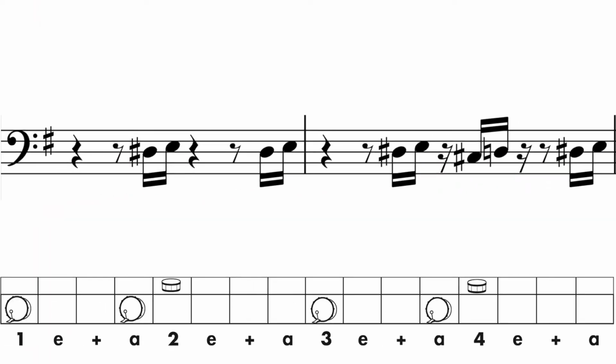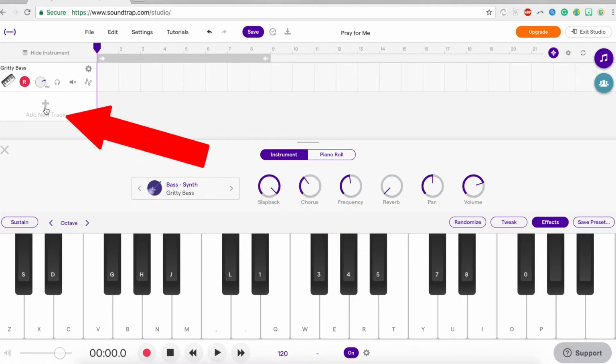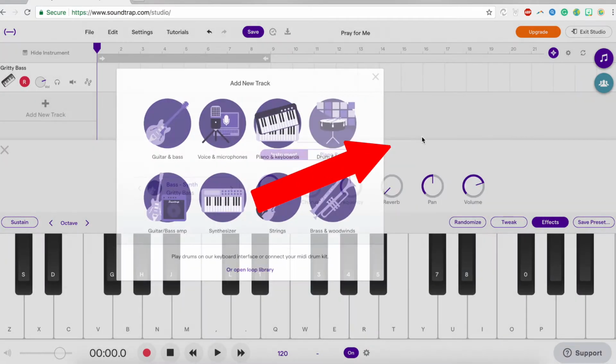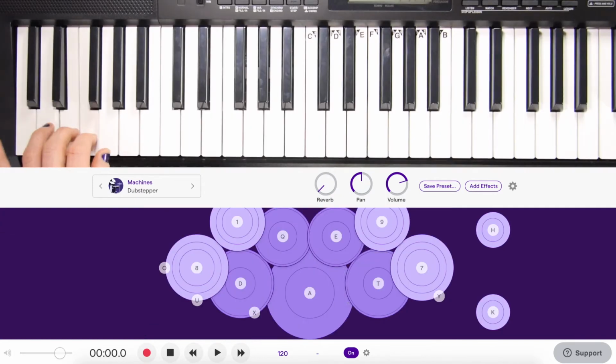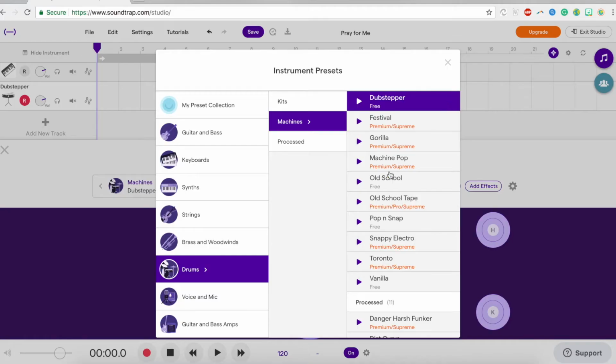And the song starts off with that. Then the drums and another bass part come in. So let's add a new track, and we're going to want some drums. We're going to want to play the instrument instead of the patterns, and we can play those drums using our keyboard. And we can simply just go through